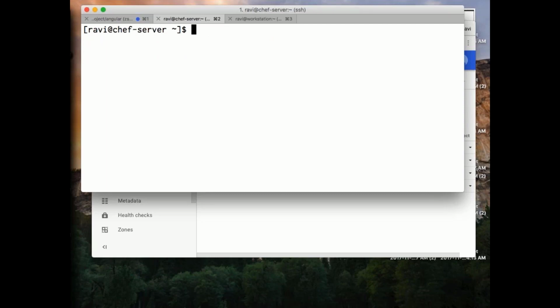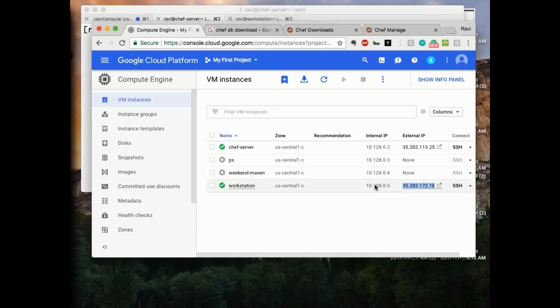So what I can do is simply SCP the files. Where are the files? /etc/chef, and under that I need both PEM files, right? I'll say star.pem. And where do I need to copy them? Username Ravi @ host IP. So this is my workstation IP,